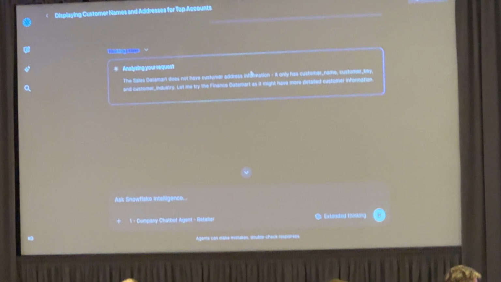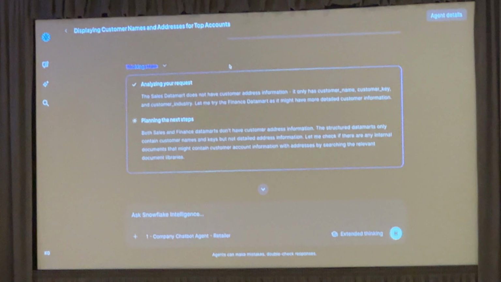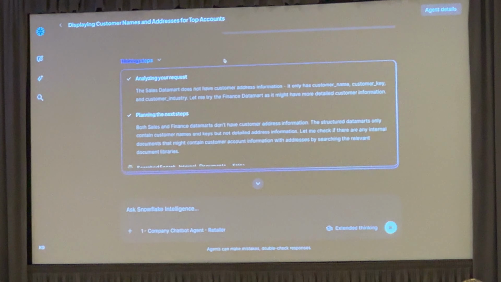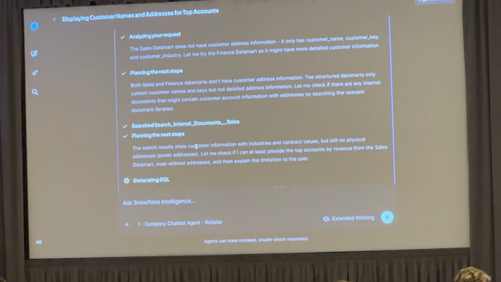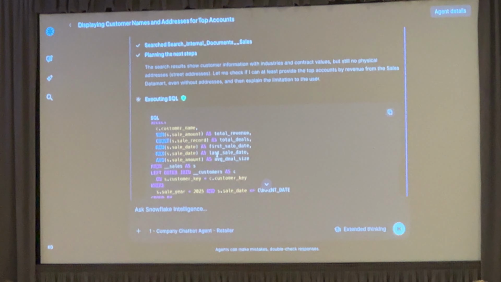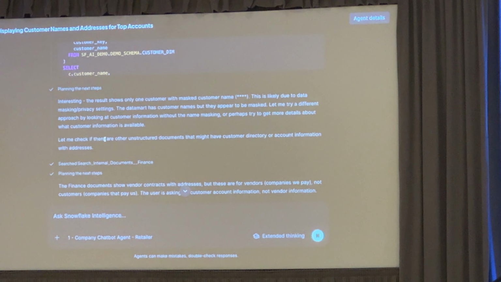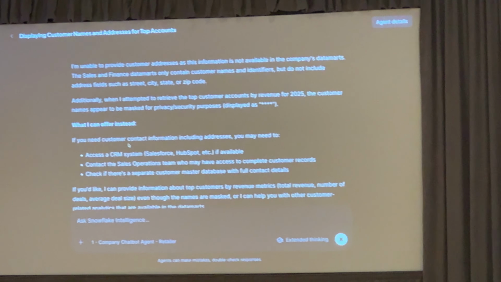So we have that set up for data masking based on the user role, and this is going to understand that, one, we don't have address information, so it's going to call that out and say, that would have been nice, but you don't have that yet. And then it's also going to see that it has access to that data, but you can't actually see the customer name. So it usually will tell us, hey, this customer name value is all the same for everybody, but I'm still going to provide you some results.